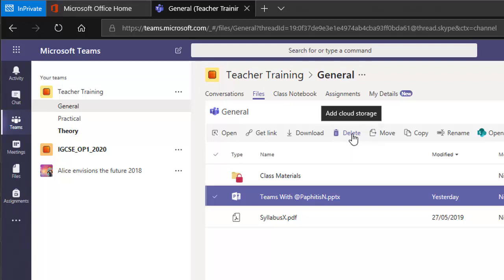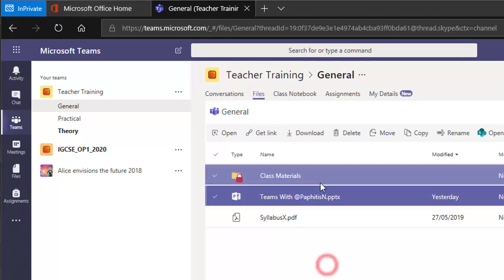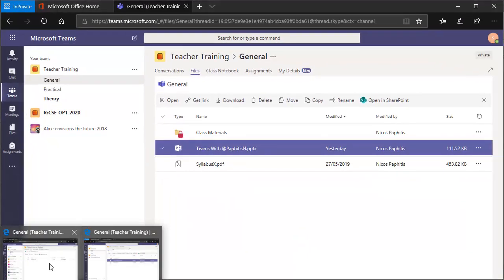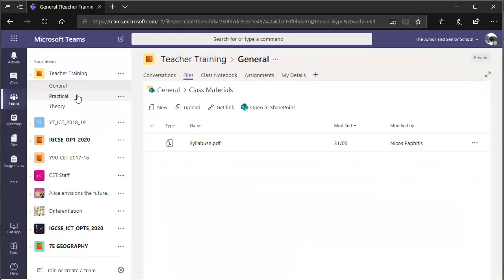Now, there is a way where you can actually lock the file section or any other section so the students cannot delete. They only have view access, but that's a different tutorial. You can PM me or send me a message and I can send you links to that also. Okay, so let me go back to the teacher's view,